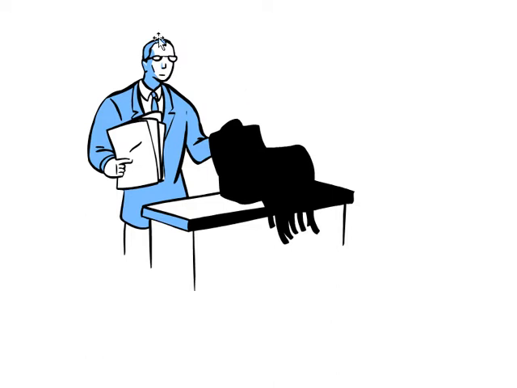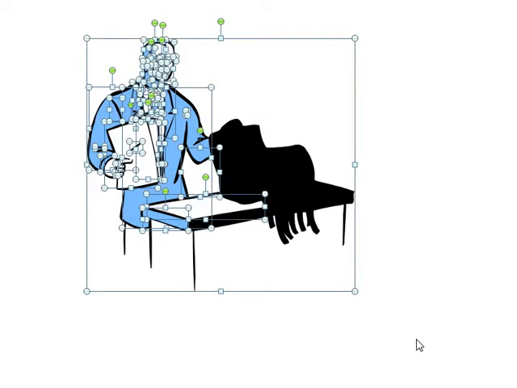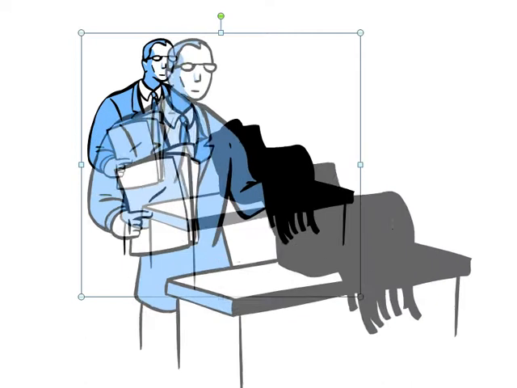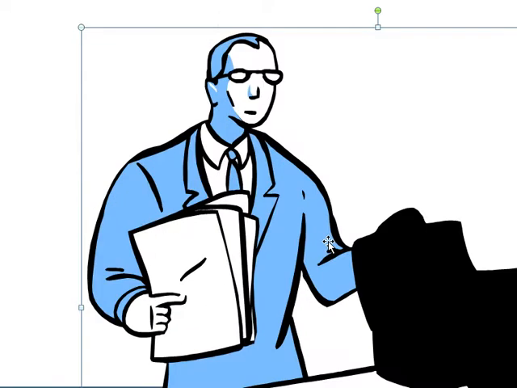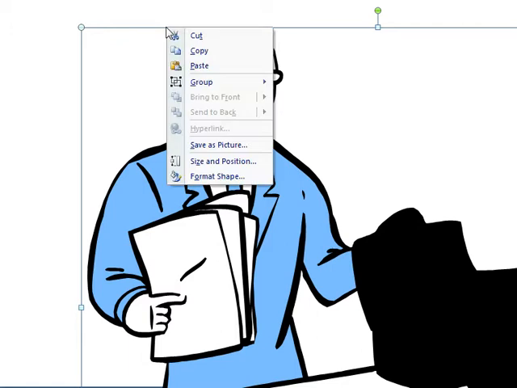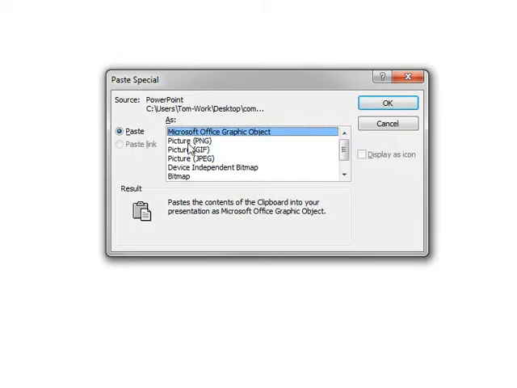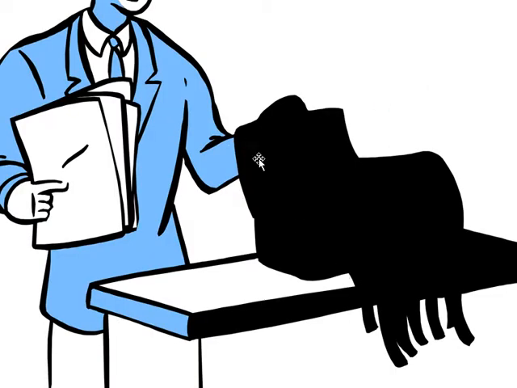And what I really want to do is I'm going to take this image here and we'll group it, and you could scale it as large as possible so you get a large image, because we're going to convert it to a PNG file. So we're going to right click on it, we're going to hit cut, and then we're going to do the paste special, and then we'll paste special it as a PNG. So I hit OK, and so now I've got this image,